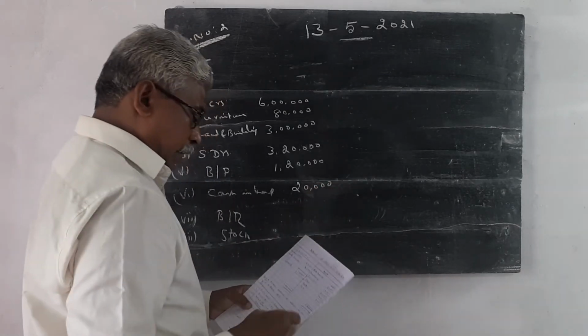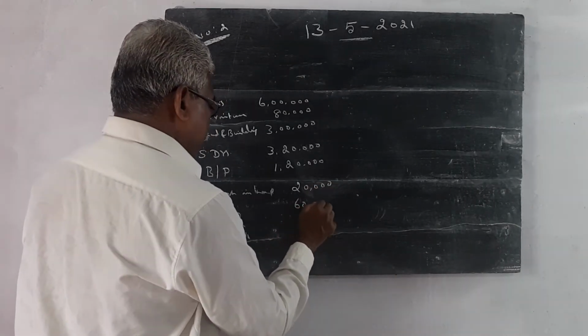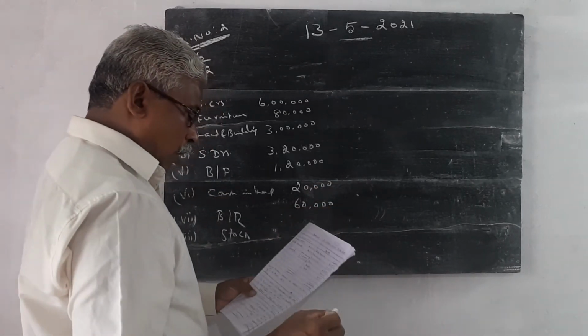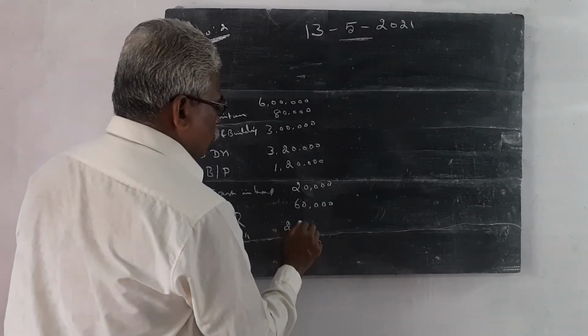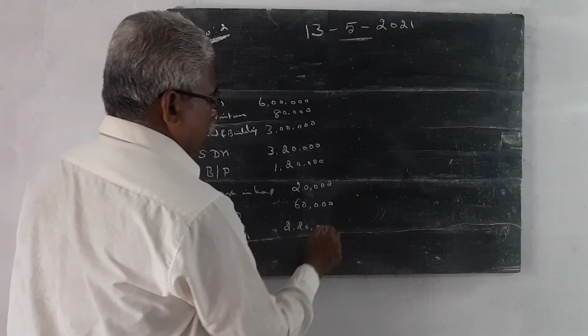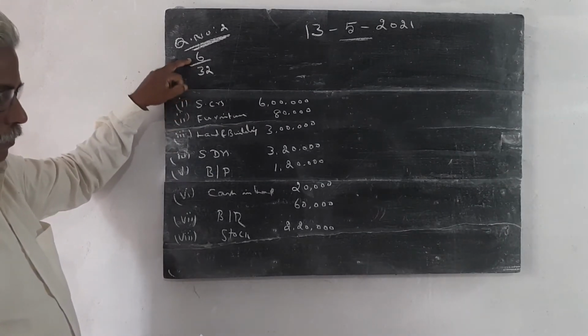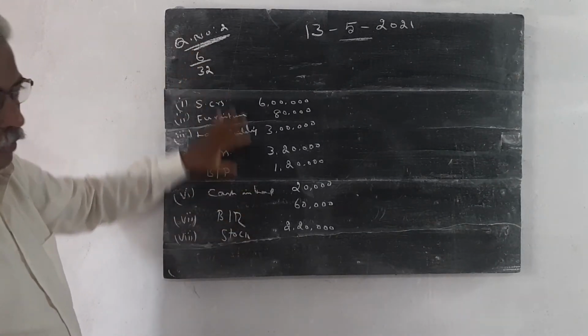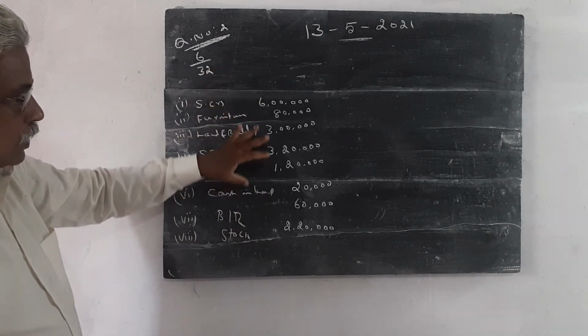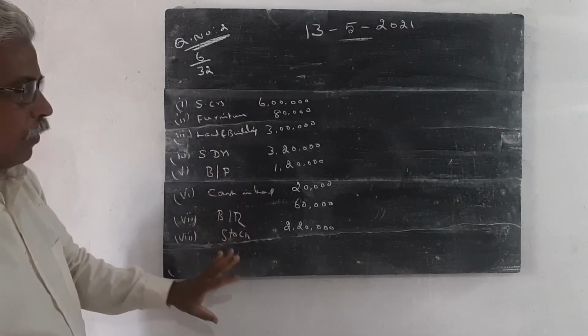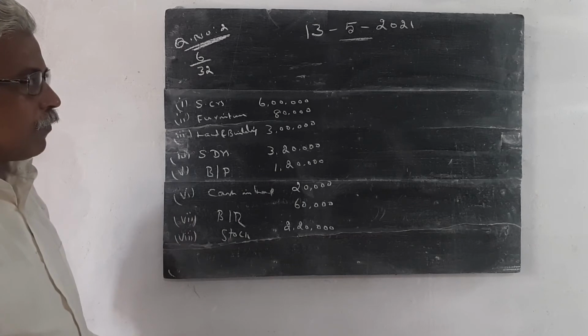Bills receivable 60,000. Stock 2,20,000. This information is given in page number 32, question number 6. This is the question. With the help of this information, we have to prepare the statement of affairs and find